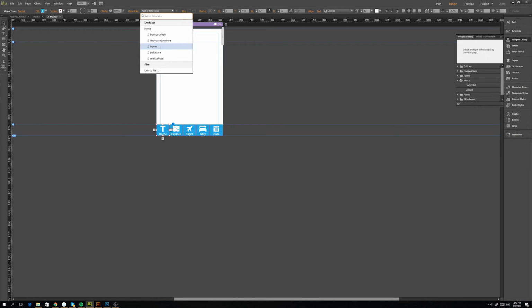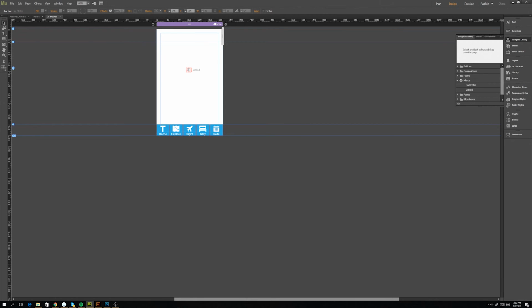And now we're going to click on the home anchor point which I created. And it's pretty simple to create an anchor point. Basically what you're going to do is click on anchor point tool here or press A and click on the page,